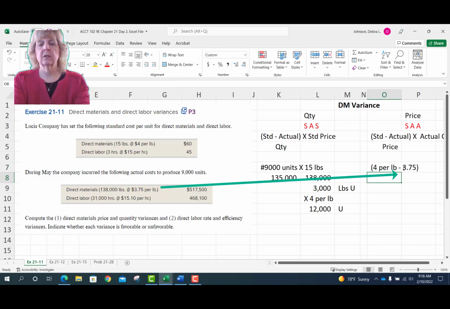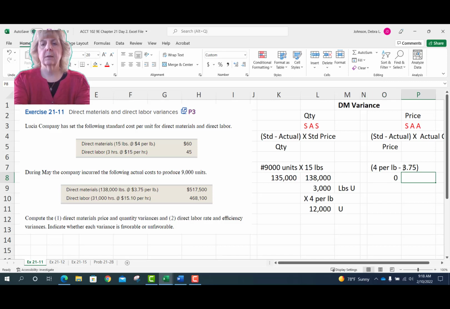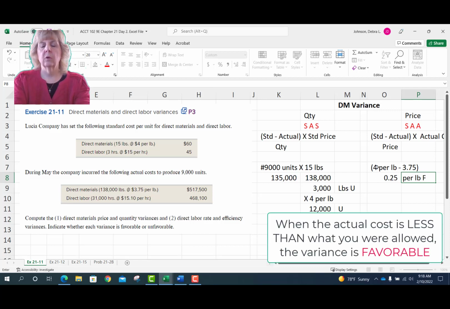So again, I would stop right there. We have a 25 cents per pound variance, and I do need decimal places on that. That would be favorable because we were allowed to spend $4 per pound. We only spent